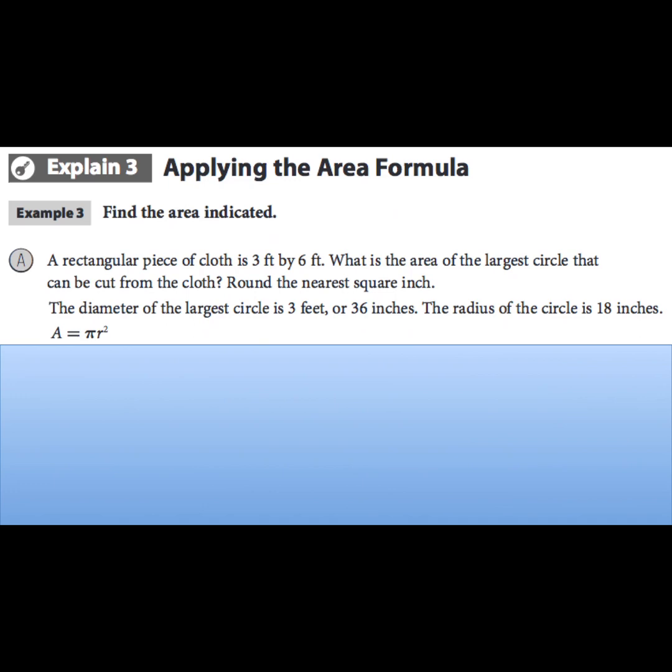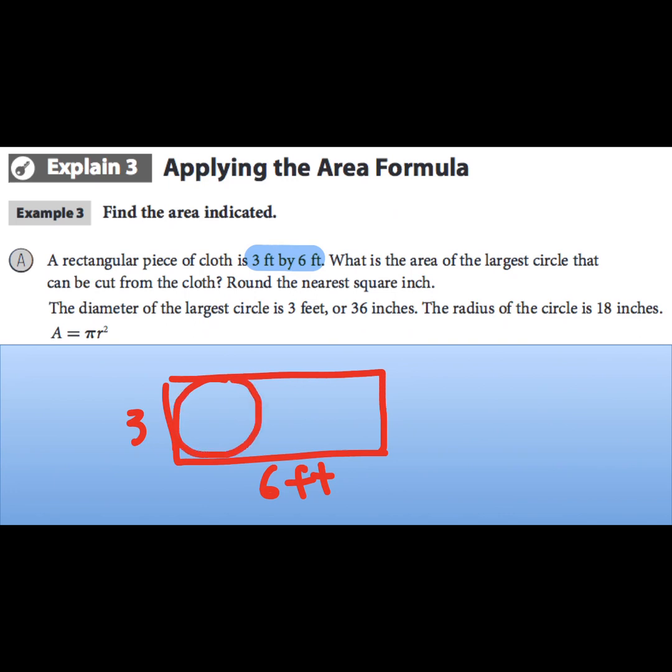Problem A. A rectangular piece of cloth is 3 by 6 feet. What is the area of the largest circle that can be cut from the cloth? Round to the nearest square inch. So since we know that this piece of cloth has a dimension of 3 feet by 6 feet, if we're trying to cut a piece of the cloth, the biggest circle that we can make is probably as wide as it is. In other words, the diameter will be 3 feet, which means the radius is going to be